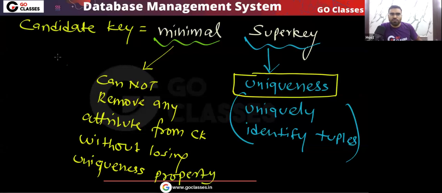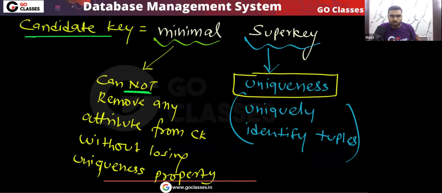Please tell me. So very simple, candidate key is a minimal super key. Super key gives you the uniqueness property, and minimal simply means that we cannot delete any attribute from the candidate key without losing the uniqueness property. If you delete any attribute from the candidate key, you will lose this uniqueness or super key property. Very simple. So let me tell you, this minimal actually means irreducibility. Yes or no? We cannot reduce. Agree with me? Is this clear?